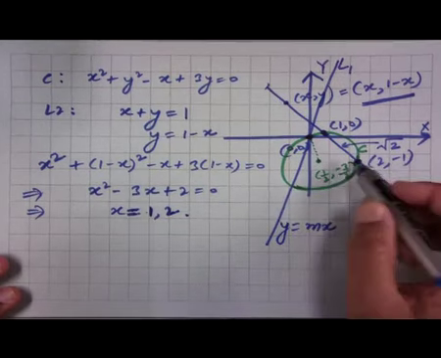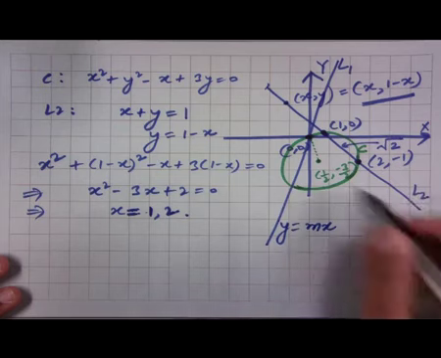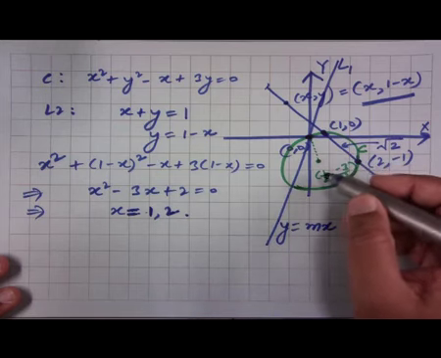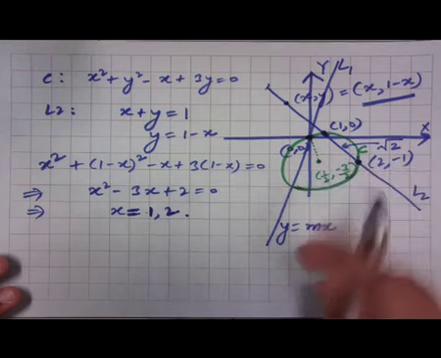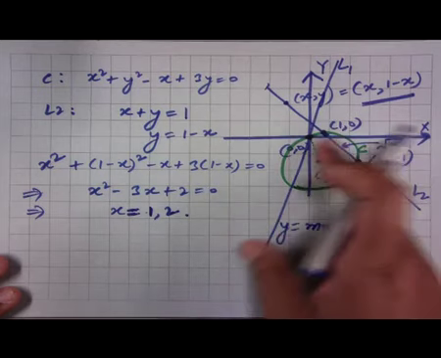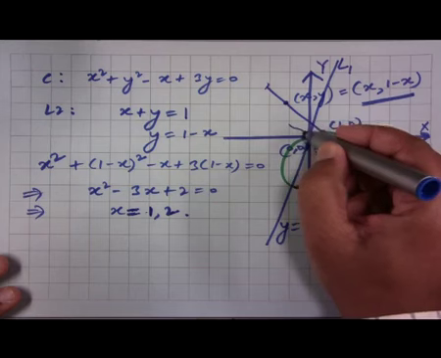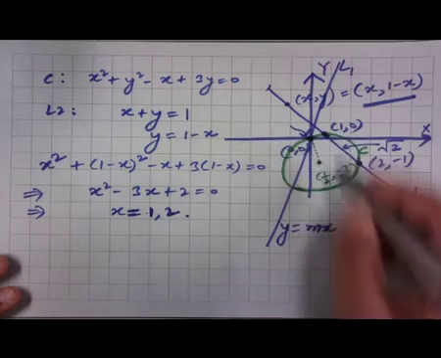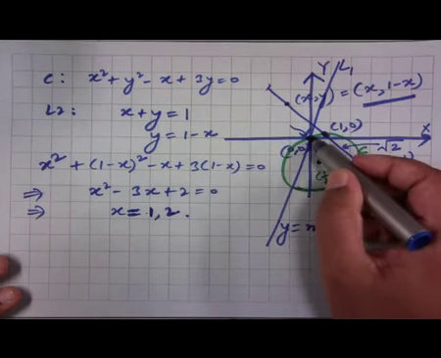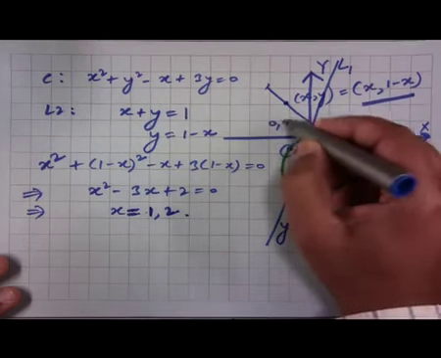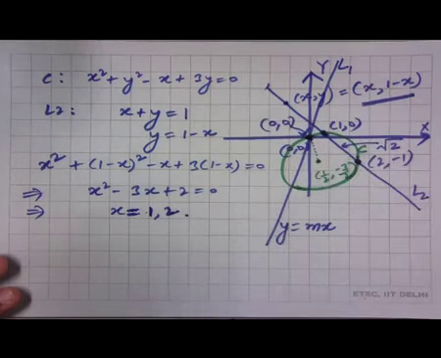And then, as we did for the line L2, we will also have to find the points of intersection of this line with the circle, where the job is made a little easy because we already know that the origin is one of the points of intersection,